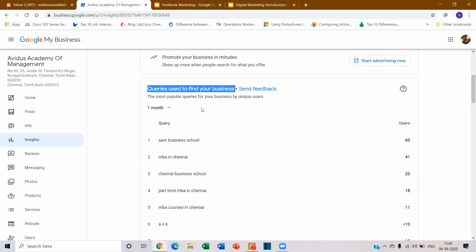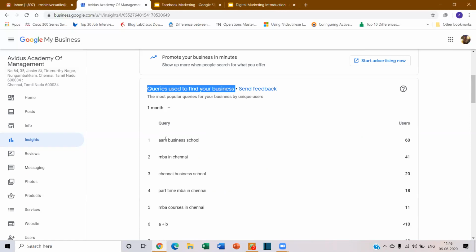Now, what is the idea behind this? These are the keywords. People yesterday also asked me, what are the keywords that I need to use? This is a list of keywords that you need to use. When you use these keywords in the advertisements, overall, when you're doing digital marketing, the chance of people getting your business is very high. So these are the keywords that you need to use in your website, or when you're doing a Facebook post, almost everywhere you have to use them.